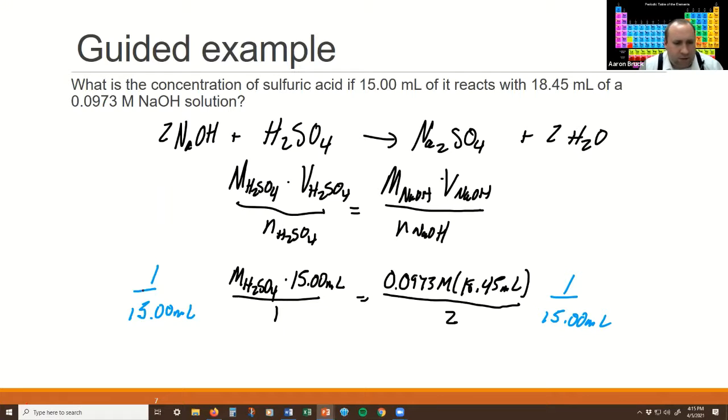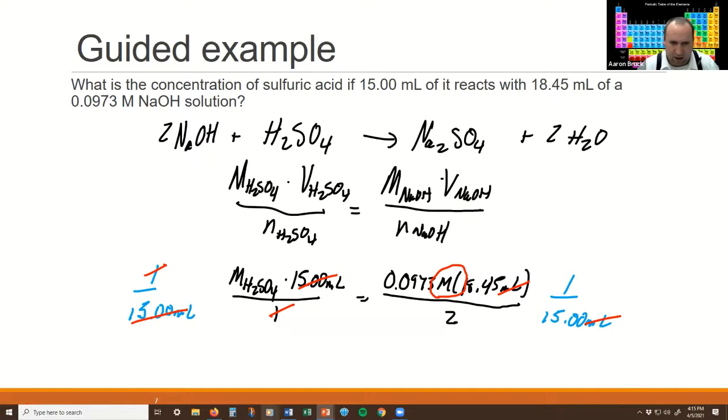So my ones cancel out here. My 15 milliliters cancel out. And nothing cancels out on this side other than the milliliters. So everything here is numeric other than the molarity, which means that my final unit here is going to be, well, molarity, mole. So when I do everything and I set it all up, what I end up getting